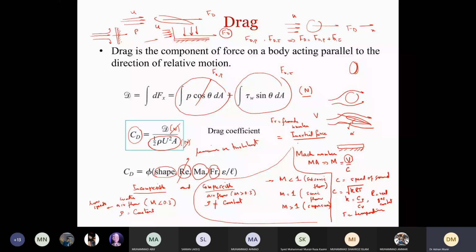And then what is the significance of this number? So this Froude number becomes significant when we are dealing with waves and currents. Because if you look at waves and currents, they are all subjected to gravitational forces. So in that case, this Froude number becomes significant. If inertial force is significant as compared to gravitational force, then we can neglect gravitational force.